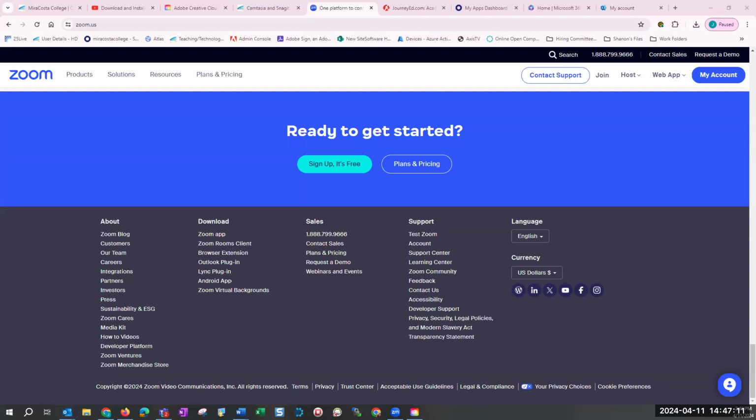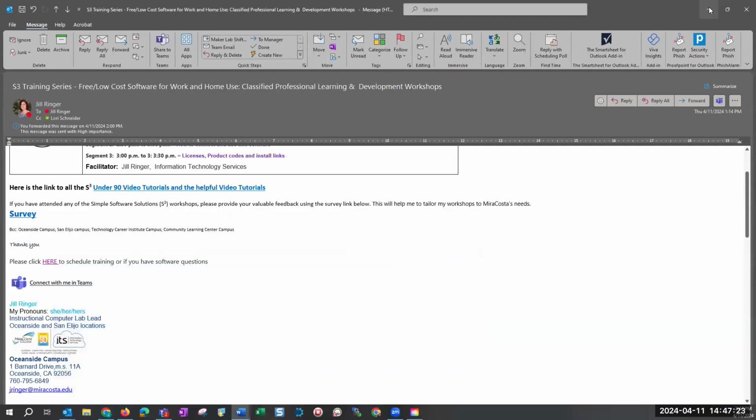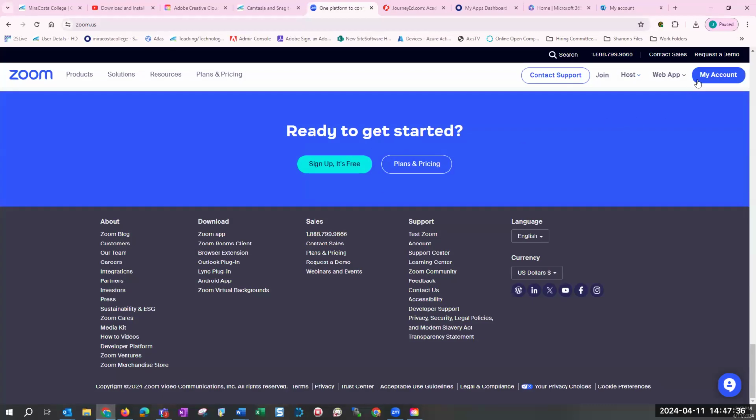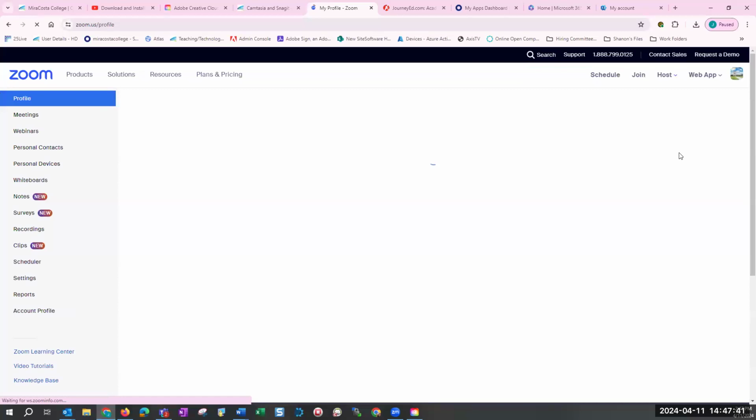So if any of you, I'm sure most of you use the Zoom app that is installed on your computer. You're just going to hit this Zoom app. So it's this guy right here. You'll get this on your computer. You'll open it up. Let me see if I can show you. Let me go to my account and then sign out.